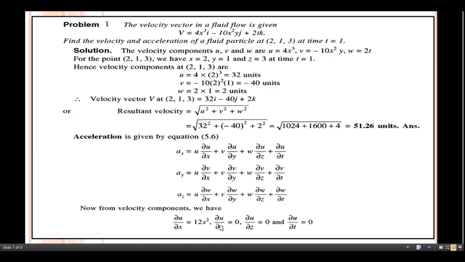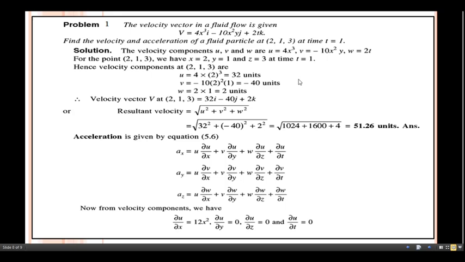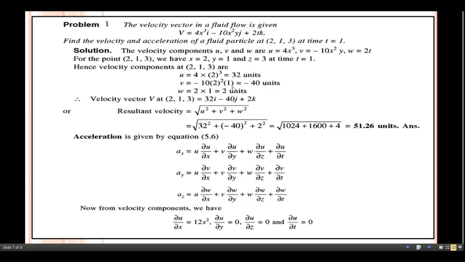At the same time, ∂u/∂y is 0, so just multiply this term by 0, plus the next one, w times ∂u/∂z. W with us is 2t, multiplied by ∂u/∂z, which is again 0. The next one, ∂u/∂t, is also 0. So in this way you can get this relation. After solving this and substituting the value of x, just solve this and substitute the value of x. The value for x is already with us.